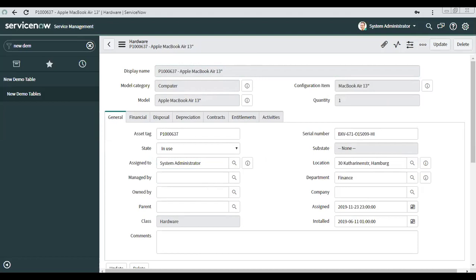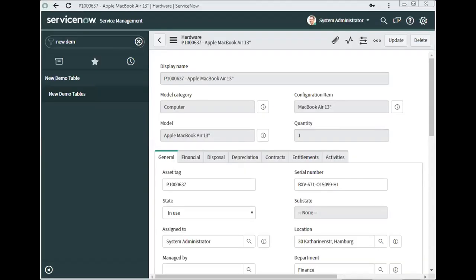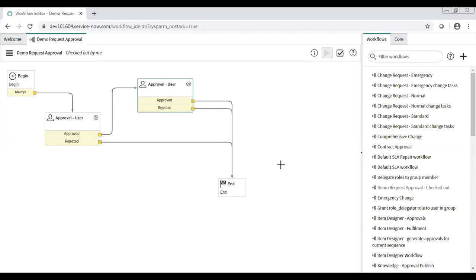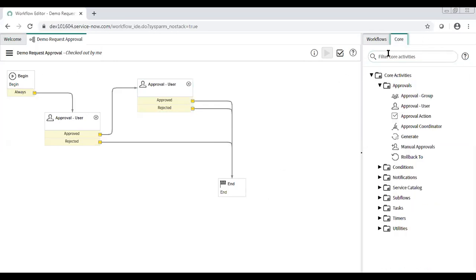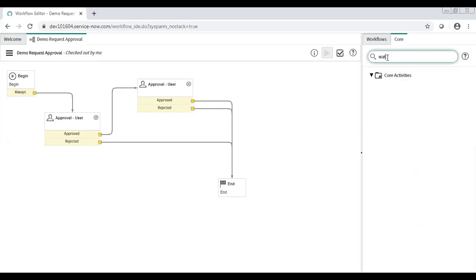So what basically we need to do is extend our workflow again. So go to workflow. After approval, right now the workflow will end, but now I need to ask my workflow to wait for anyone to assign the laptop to the user.